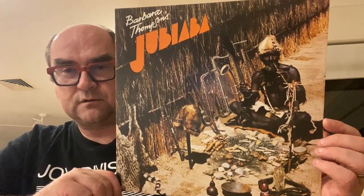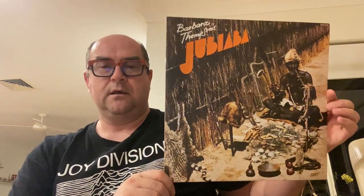Now Barbara Thompson was a British saxophonist and jazz player. She was married to, I think it's Tom Wiseman, who was the drummer of the prog rock band Colosseum. And she remained, well, I don't know whether you would say star, but certainly she had a very vibrant live support presence in the UK right up to her death. And she was awarded an MBE, but this record